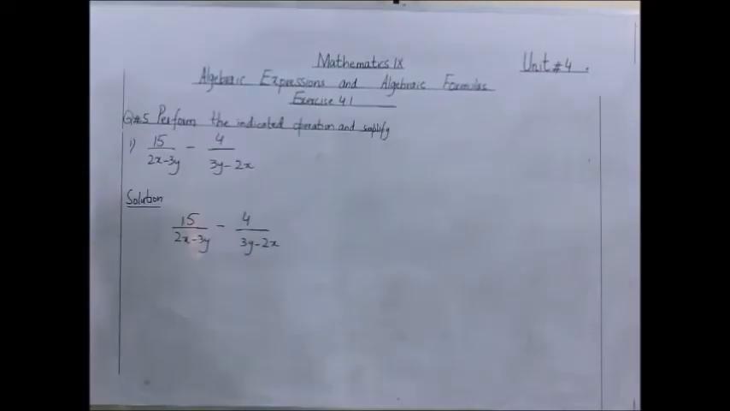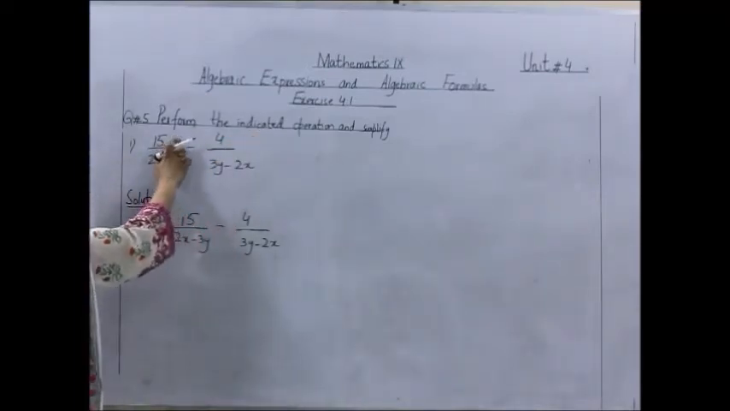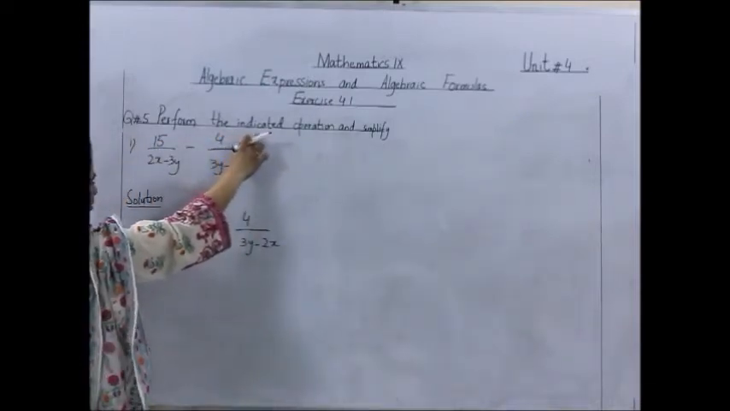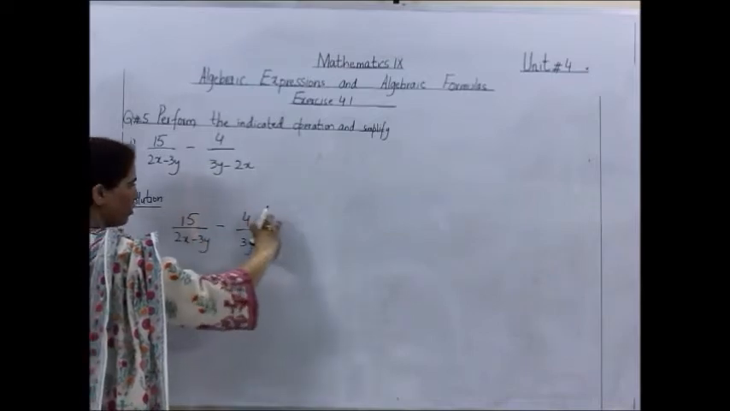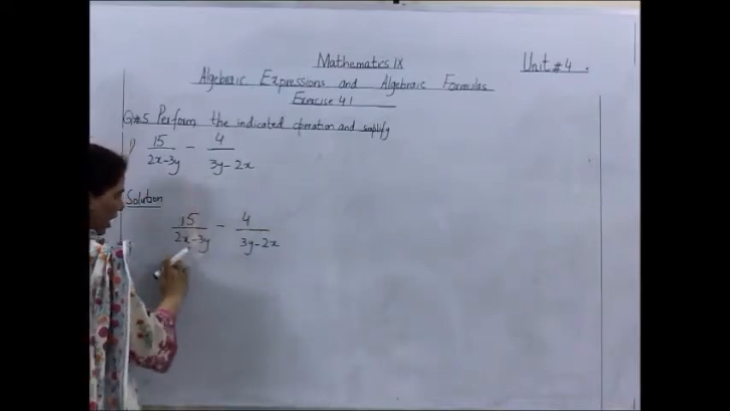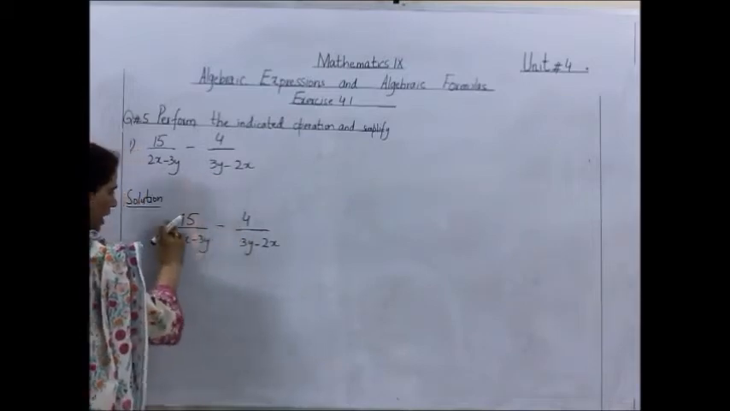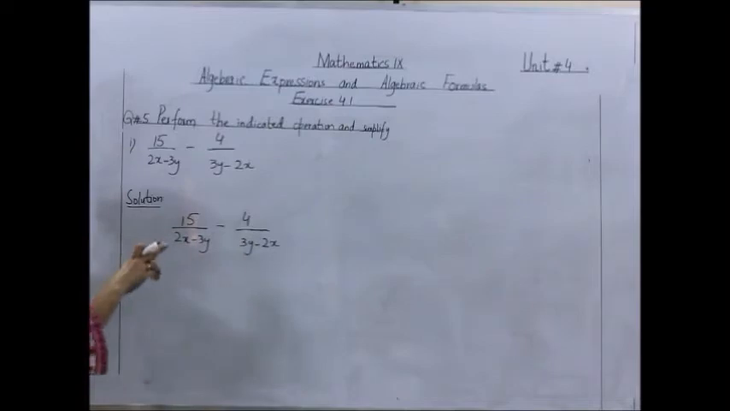Okay ji, next question number 5 of exercise 4.1. Perform the indicated operation and simplify. Perform the indicated operation. It means that you are given a question and they are asking to solve it by subtracting. As you are given a rational expression, and we learned that rational expressions behave like rational